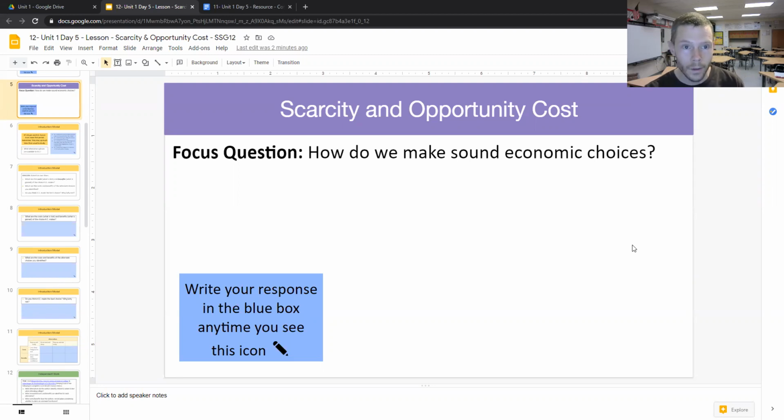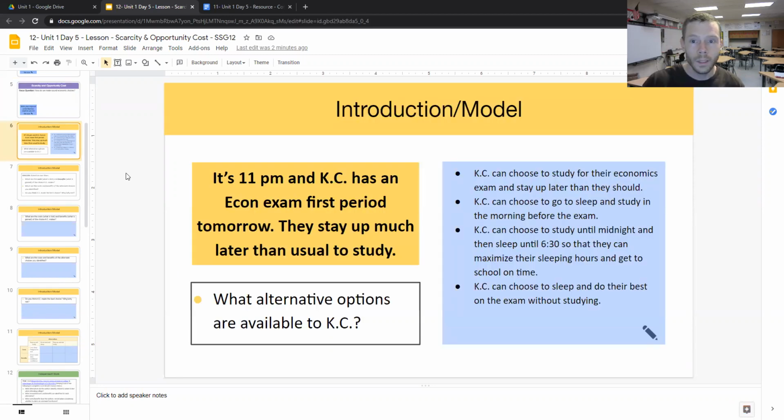We're going to be looking at Unit 1, Day 5, Scarcity and Opportunity Cost, and we want to consider how we can make sound economic choices and really think how our individual choices are going to allow us to effectively manage scarcity. Right, so in this short video clip, we're going to be looking at the opening to the lesson,